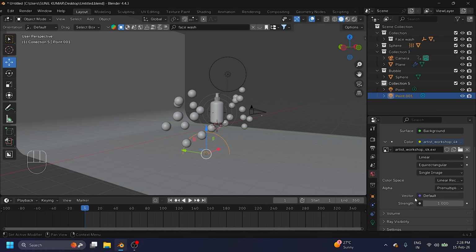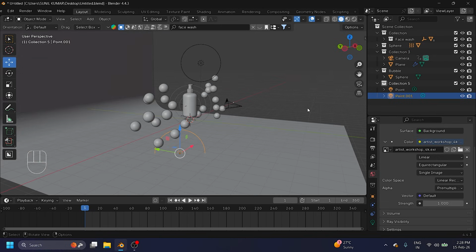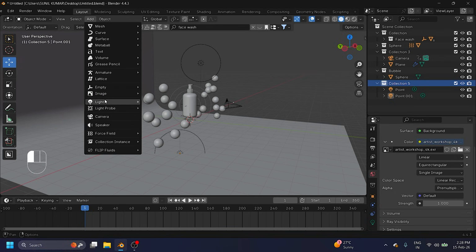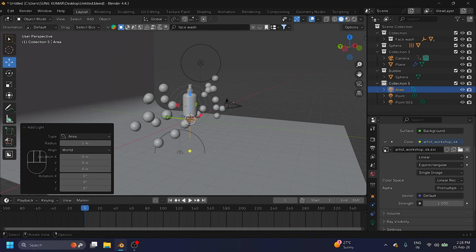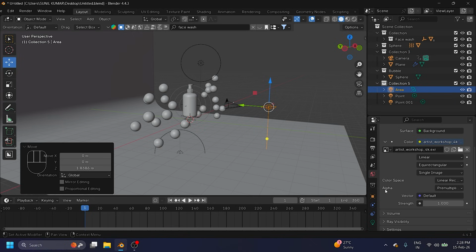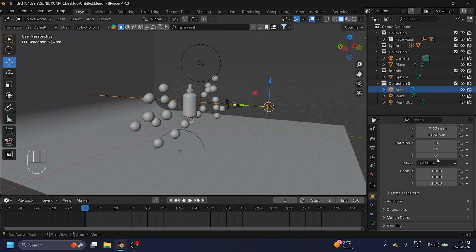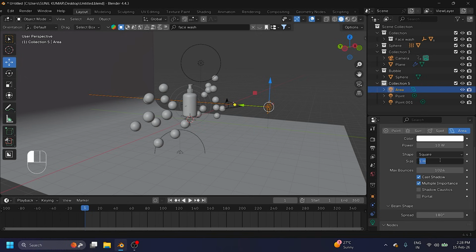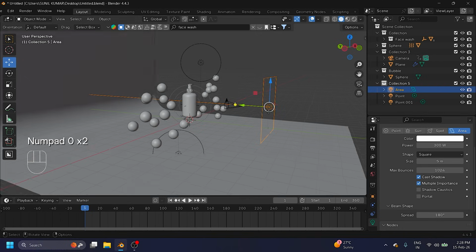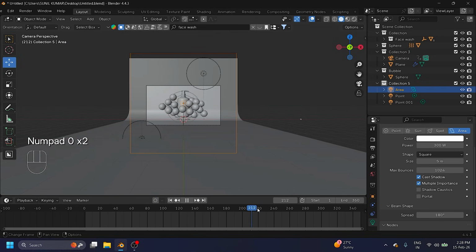And I'm using HDRI lighting. And third light, guys, I'm using this time front light. So for front light, I'm using area light. So go to on front and rotate like this 90. And guys, scale size 5 and power like 300. Yes. So play and guys, click on here.